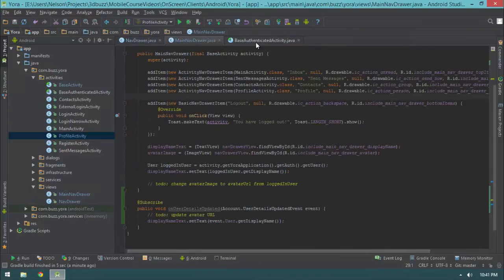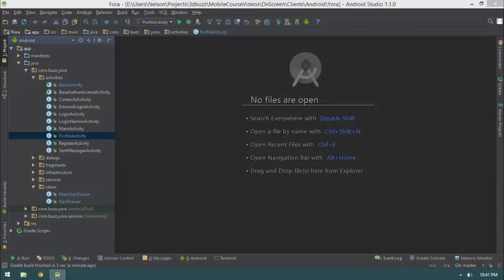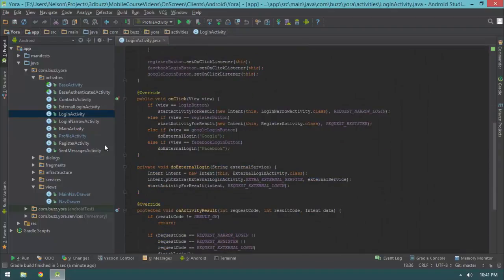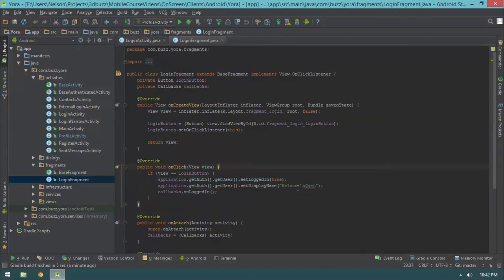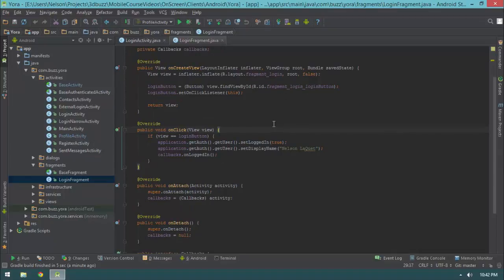Let's start integrating the other events. I think let's start off with the simplest one here. So this login activity, or the login fragment, if you recall, the login fragment is what has the username and password field when you hit login, and you're logging in with an account on the application itself, not an external account like Facebook. And so remember, when you click the login button, this happens right here: our application get auth, get user, set logged in, set display name, and then we invoke callbacks.onLoggedIn. And if you recall,